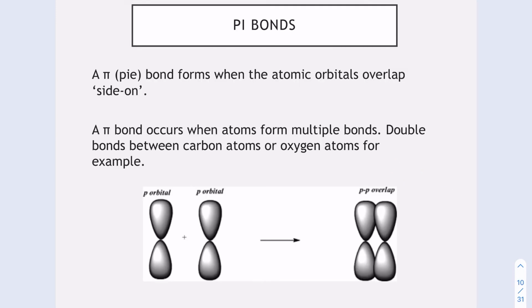Another new type of bond is something called a pi bond. Now this time your atomic orbitals overlap side on. And a pi bond occurs when atoms form multiple bonds. So what that means is double bonds, okay, double bonds between carbon atoms, oxygen for example. If you have a look at my little diagram here, you'll see that we've got